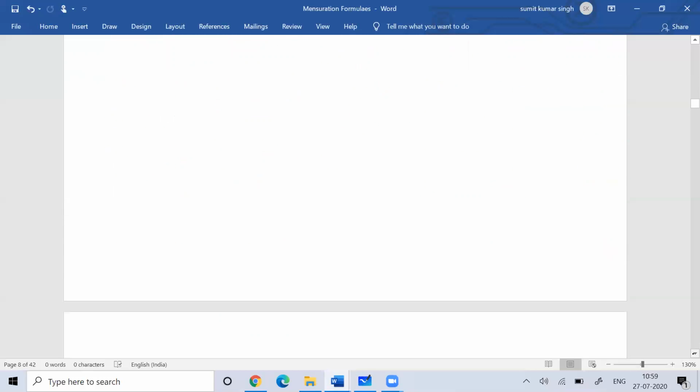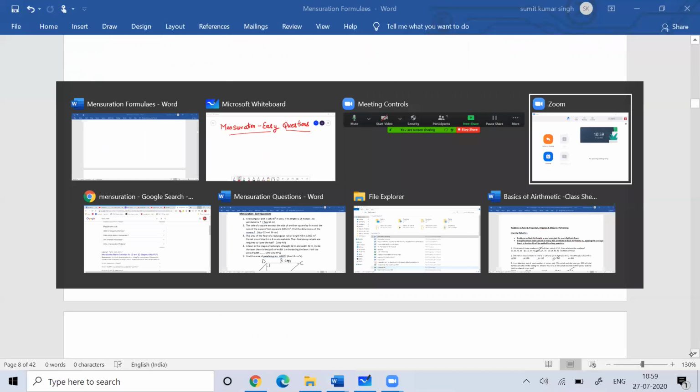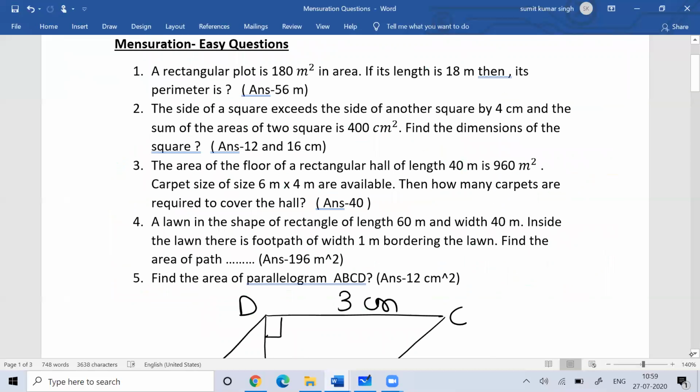So fine. Now, based on that understanding, let's solve the questions. We'll start solving problems. We'll start with easy problems first, then gradually we'll increase our level. From easy, we'll do moderate. From moderate, we'll do difficult. Right now, the questions I'll discuss would all be two-dimensional geometry questions. They are not all difficult.